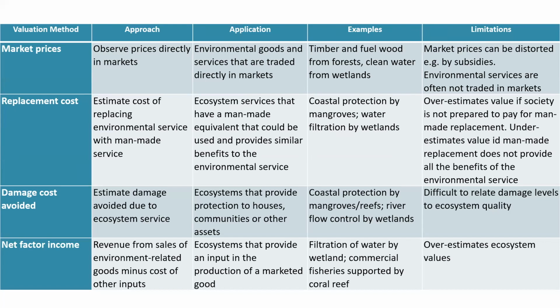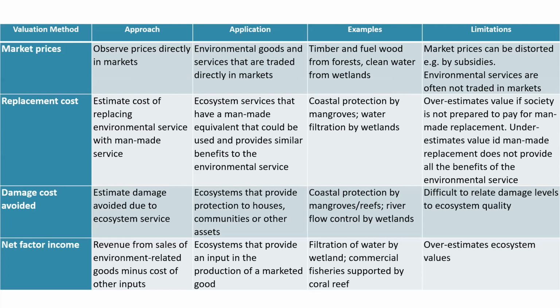Then you have others that we put in a category called revealed preference, where preferences are revealed in what we refer to as surrogate markets. Examples of revealed preference would be replacement costs, damage costs avoided, net factor income, production function, hedonic pricing, because the